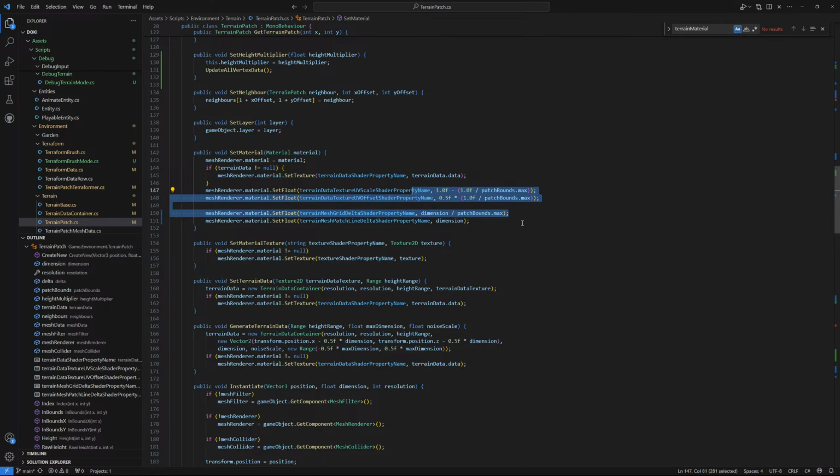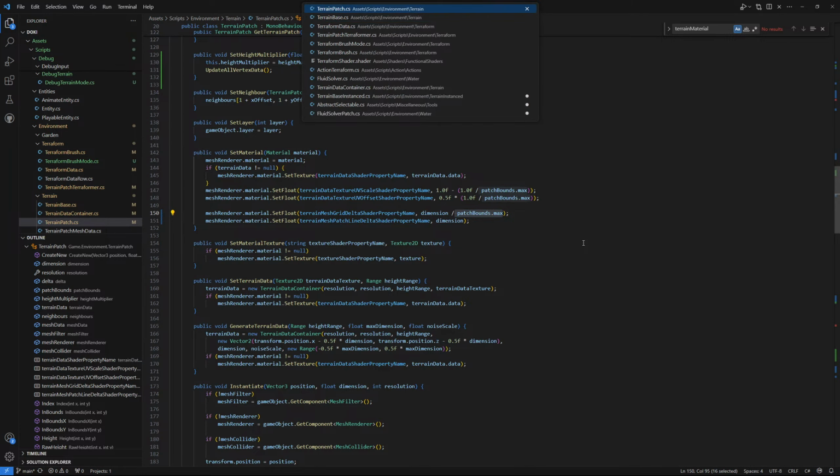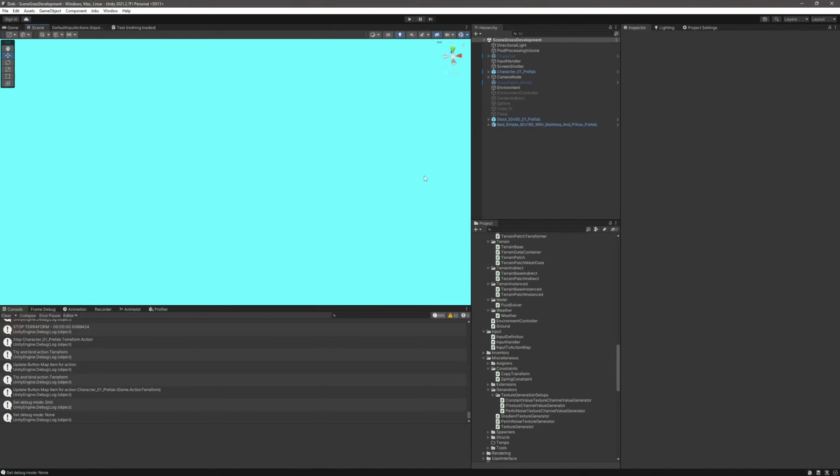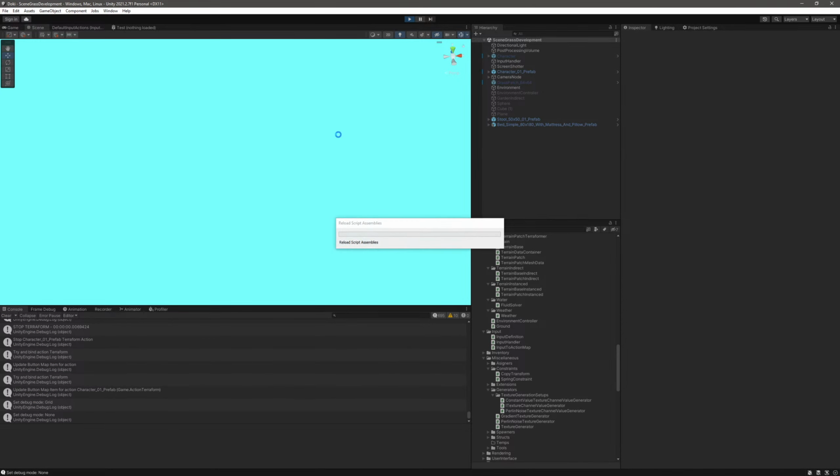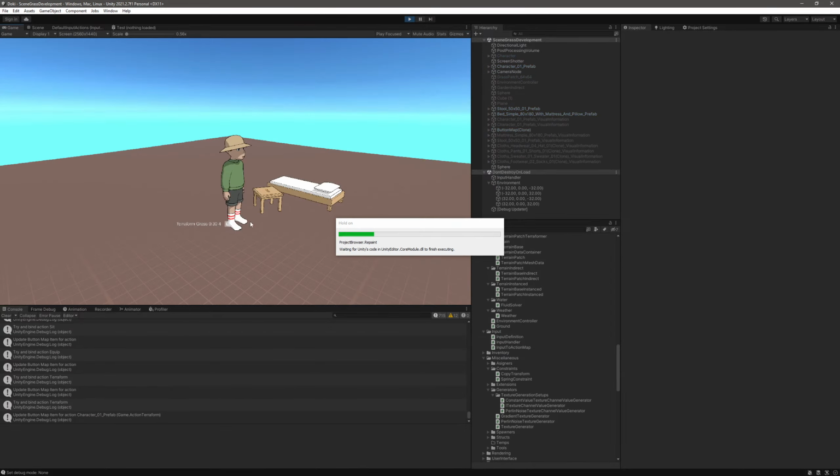I'm inclining towards adding 1 here, but I'm not sure. And we also have the problem of, or actually, if we take a look at this,